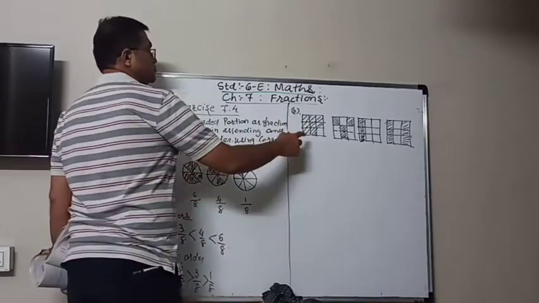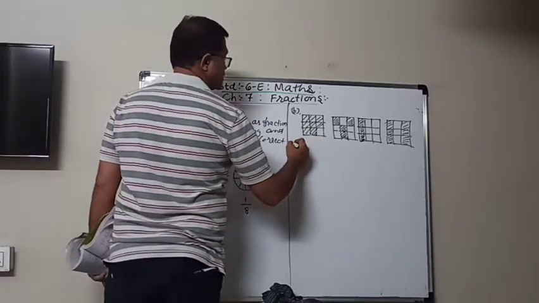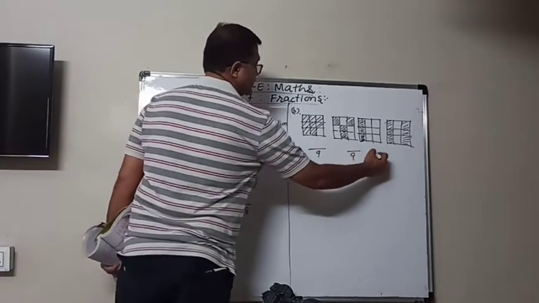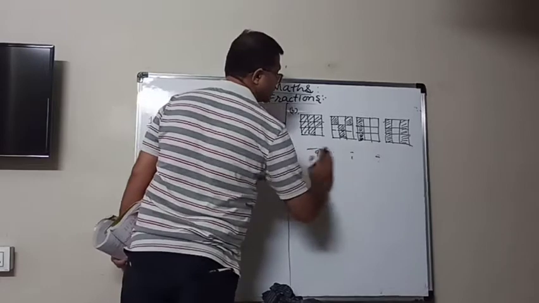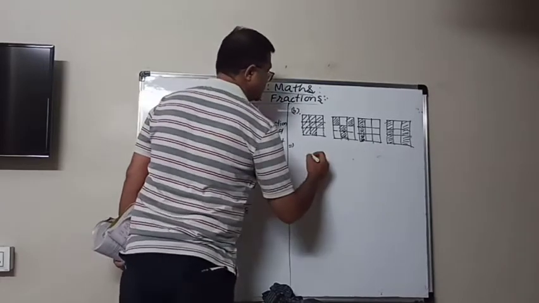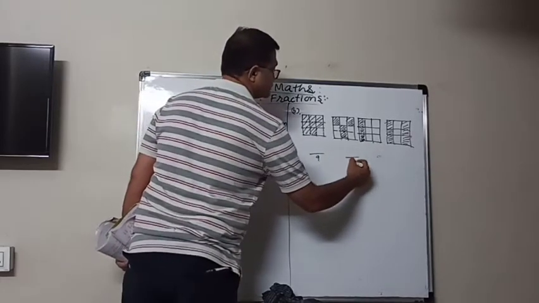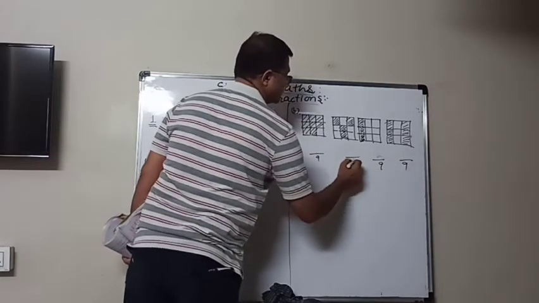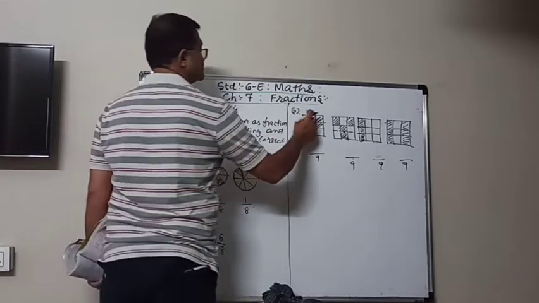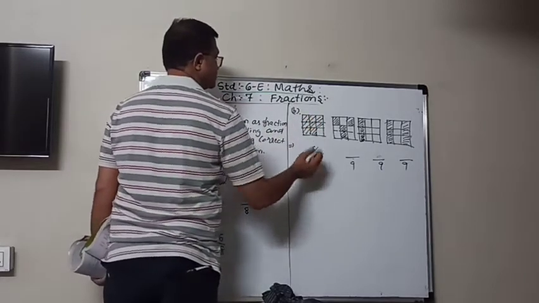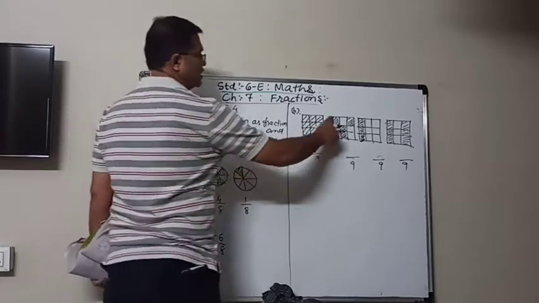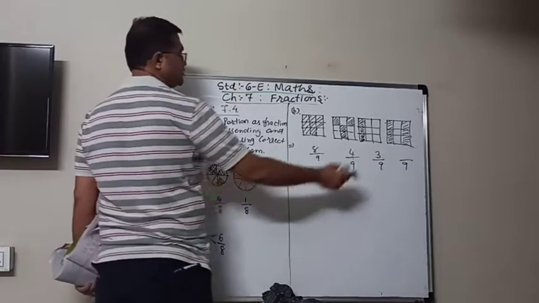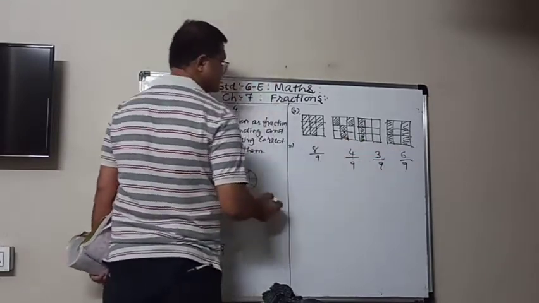so here you can see that each square is divided into 9 equal parts. So there will be 9 in the denominator of all of them. Now just check the numerators here. 8 parts are considered shaded. Here 4 parts. Here only 3 parts, and there 1, 2, 3, 4, 5, 6 parts.